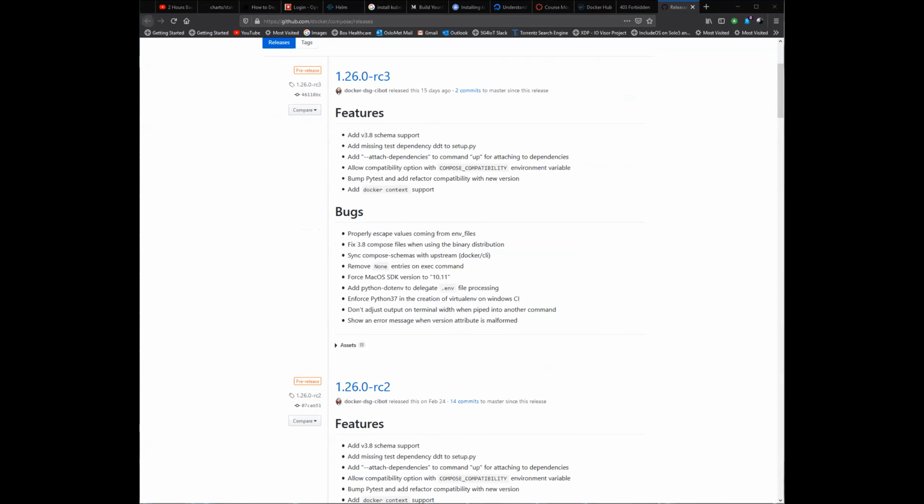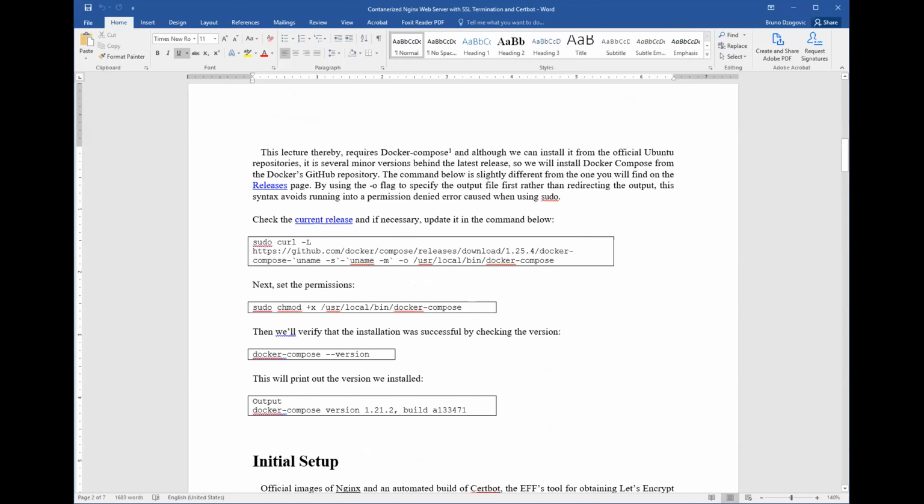To go back to the file, you can install it by curl, set permissions to execute locally, and put it in bin, so user local bin, and that's it. I'll share this document, and we can take a break. Sure. And I think that this is it for today. You can try this for yourself.